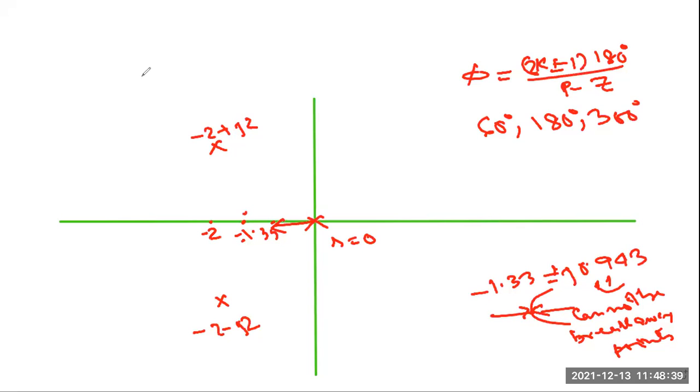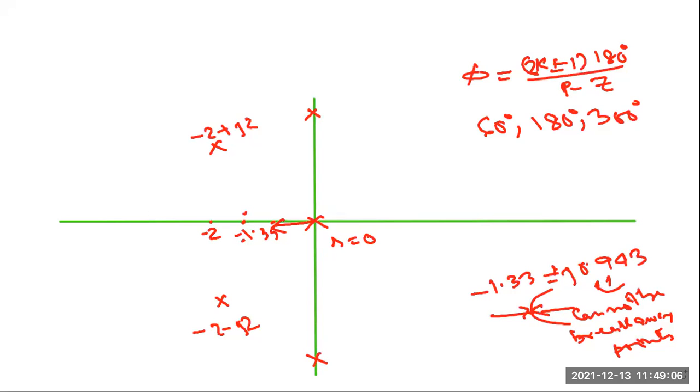Now, this particular root locus, let us say it is moving in this direction, but it will cut this imaginary axis at a particular point. These two root loci, whatever happens for this case, will also be the mirror image. So we need to calculate these two points. This is the intersection point. But how will we calculate?